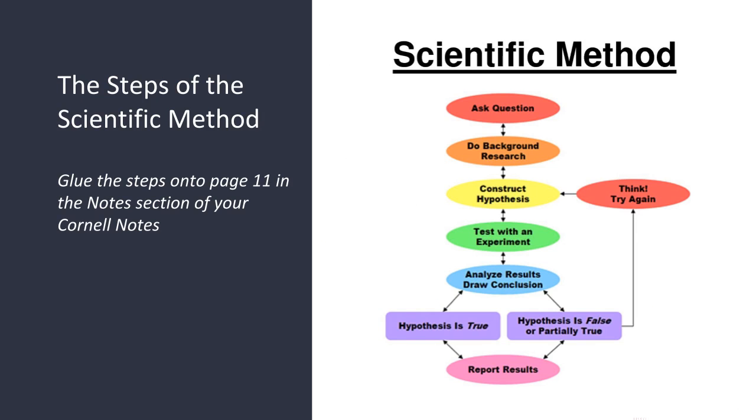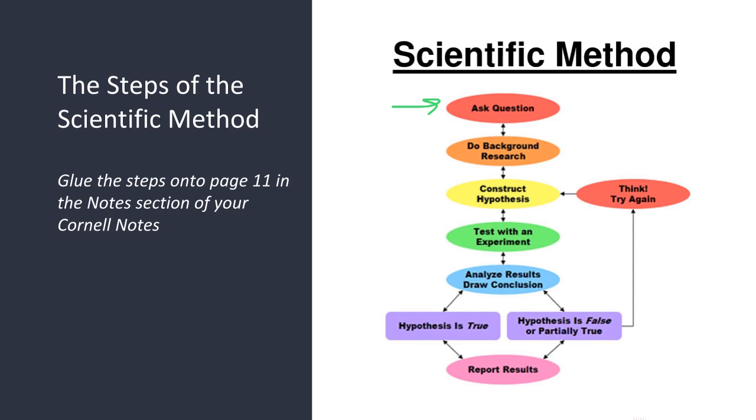So the steps of the scientific method are as follows. 1, you need to observe the world around you and then ask a question. Once you've asked the question, you need to do some background research to find out what's already been done to try and answer this question, as well as maybe get a little bit more information on the topic. Once you've done your background research, you need to construct your hypothesis. So you need to predict what you think is going to be the result, design an experiment and test, and